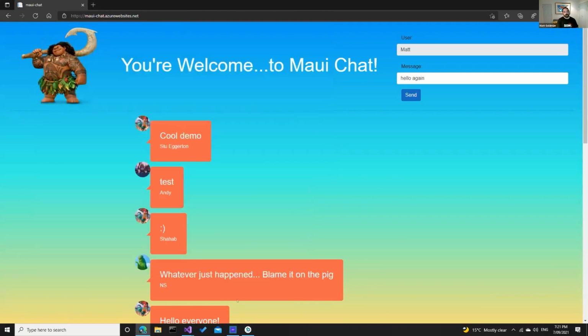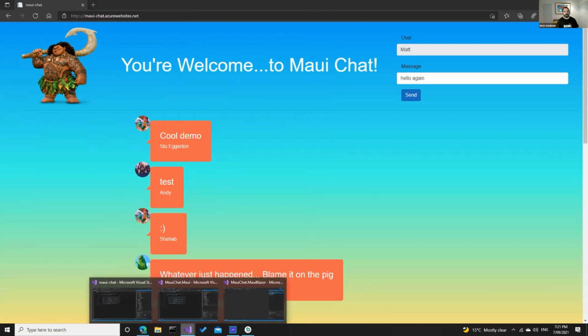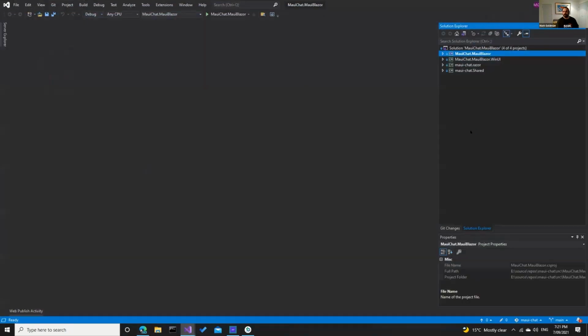And that's because of one of the other options you have. We spoke about declarative code with C# using something like Comet, or Fabulous for F#. We spoke about XAML doing MVVM, but with MAUI, you can also write your UI in Blazor. So I have a separate version of the app here called MAUI Chat Blazor. Now, you might look at this and say this is a mashup of MAUI and Blazor. I can't zoom in the Solution Explorer, I'm afraid, but what we've got here is a startup.cs